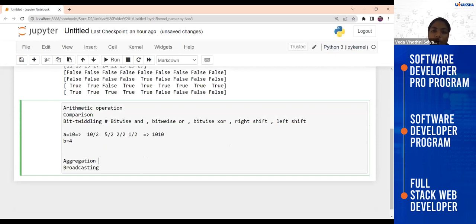There are plenty of concepts available here, finding the min or finding the max or the sum of all the values. So these are the basic concepts you can learn or easily apply by using this NumPy package. And now finally it is broadcasting. So what does broadcasting mean? It is the thing when you want to apply any of the arithmetic operations or arithmetic rules, and I will just give you an example.